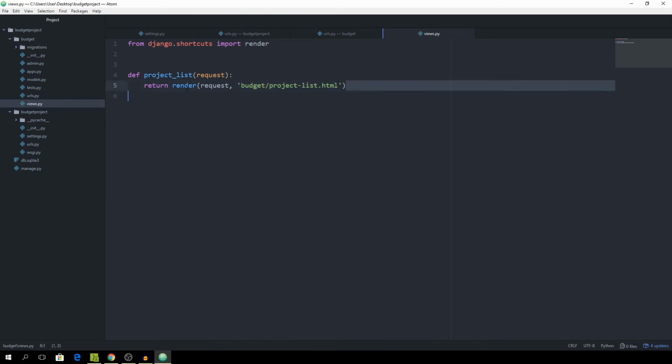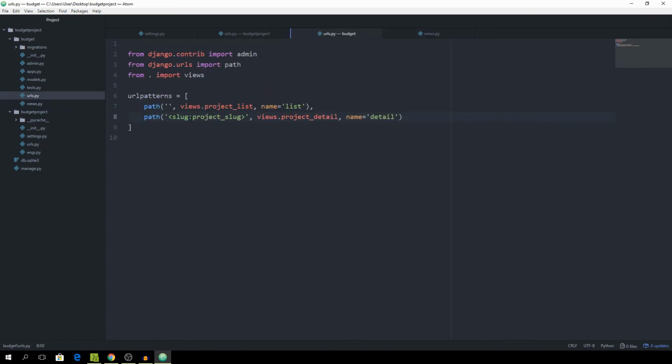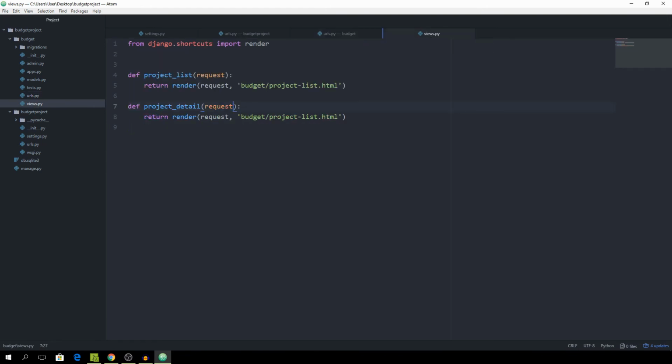And then we can simply copy this entire function, paste it right underneath, and change the name to detail. And in this definition, we specify that we want to pass a project_slug to our view, so we have to include that as a parameter, this project_slug. And it's going to lead to project_detail. And then again, we are going to take care of fetching the correct